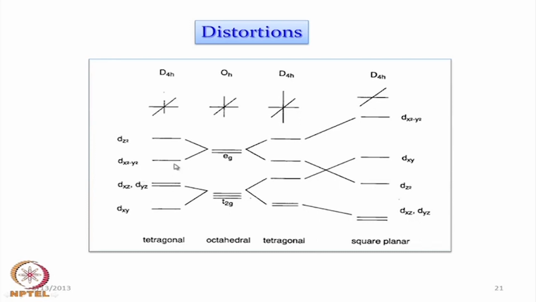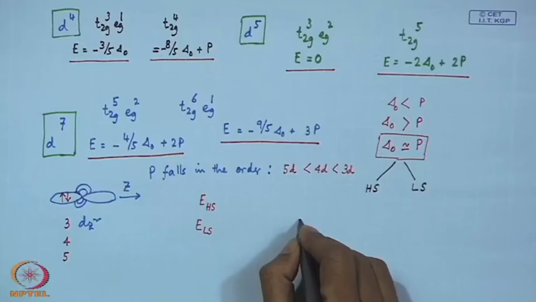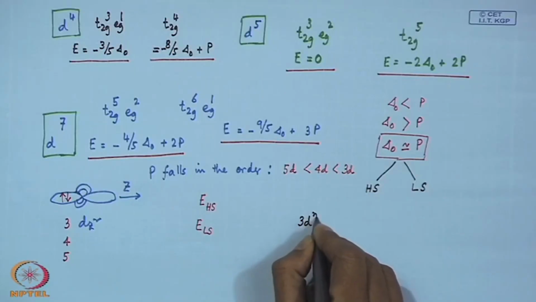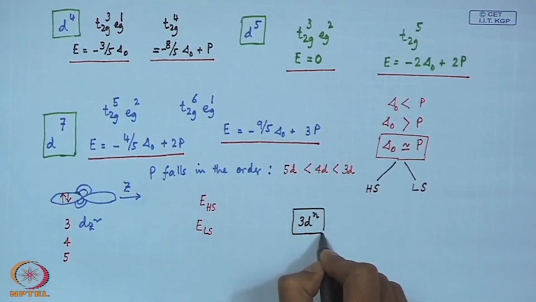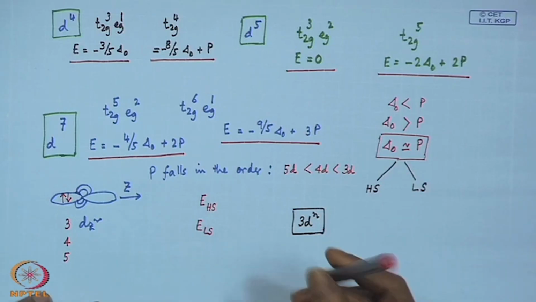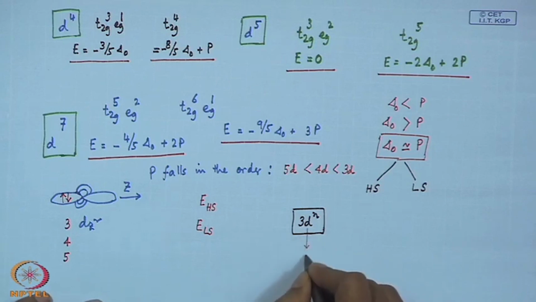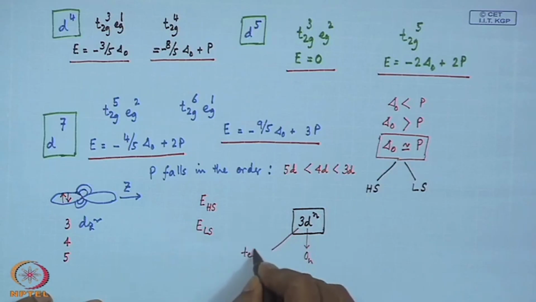Similarly, this dx square minus y square is comparatively stabilized compared to dz square, which was mostly destabilized in case of the square planar geometry. So these are the relative orderings. So if we have a typical electronic configuration, say 3d(n), we should be able to write the corresponding electronic configuration quickly if we have an octahedral geometry or a tetragonally compressed